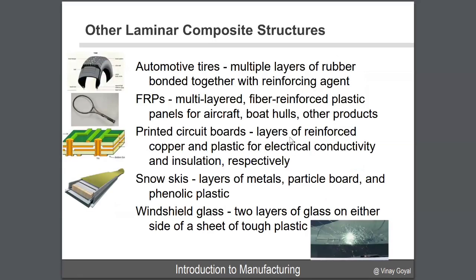There are other types of laminar structures that are used in industry. Automotive tires have it. You have the printed circuit boards that we've been discussing. Snow skis are very notorious for using layers of plastics, metals, particle board, because you need the skis to be